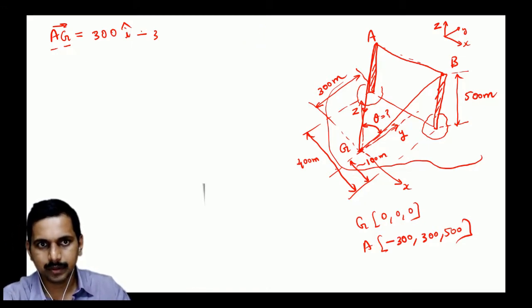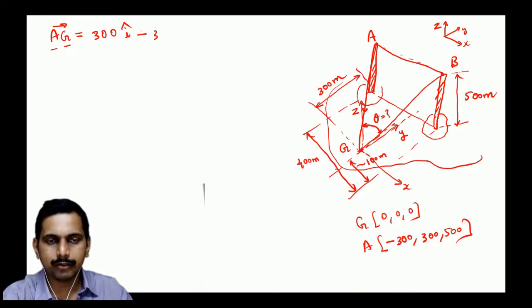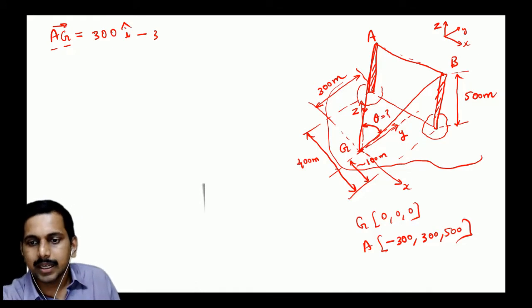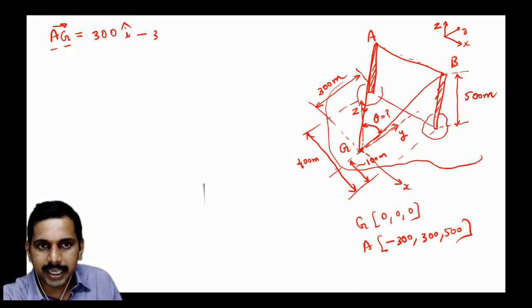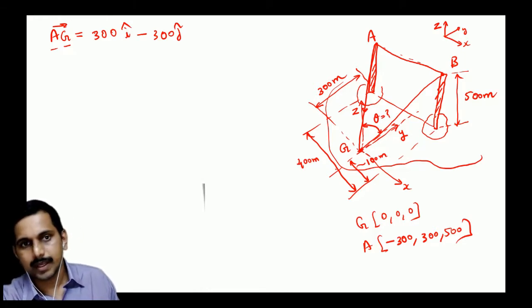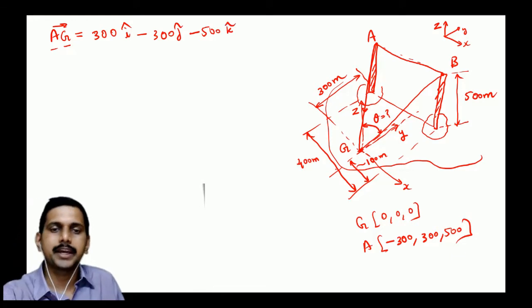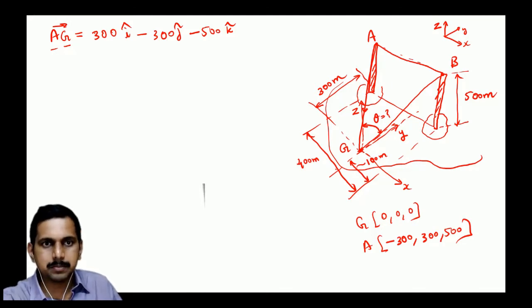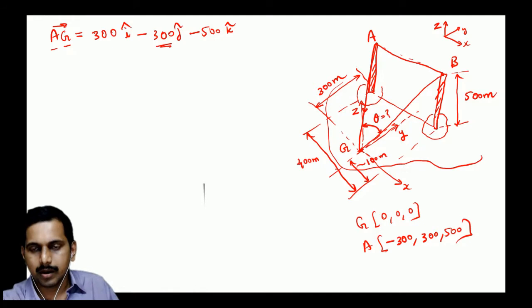Very important. We understand a lot of concepts, but when we apply them, more and more practice helps. In the Z direction, in the J direction, it is minus 300J. Agreed, students? And then minus 500K, correct? Any doubts here? Minus 300J, how? See, this minus 300 comes because...